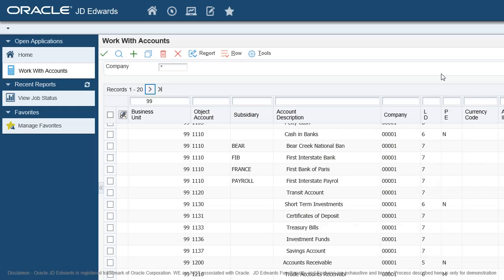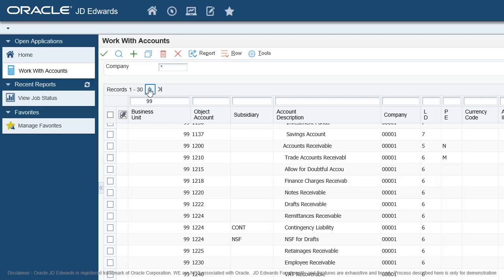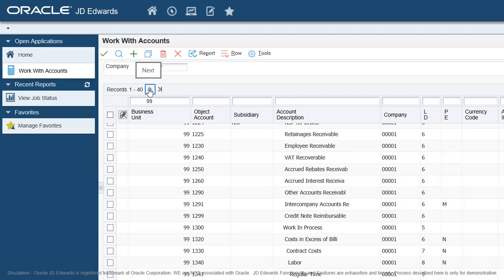This improves consistency and standardizes the account structure across business units and companies. You should review the model chart of accounts to verify and correct information, such as object accounts, level of detail, etc., before you replicate the accounts to other business units.